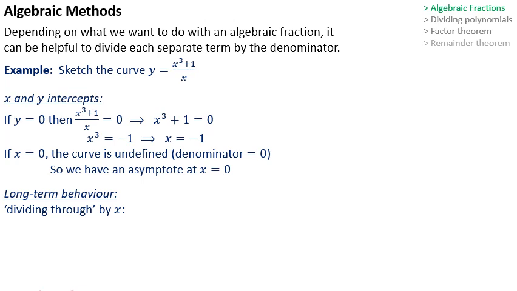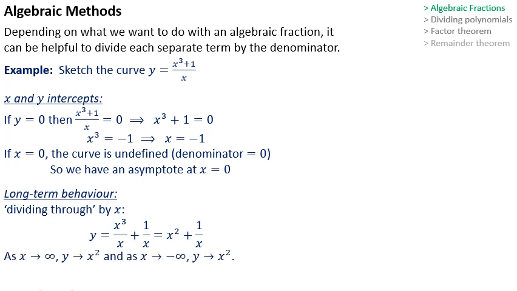x cubed does divide by x. So we can turn this into x cubed over x plus 1 over x. And the x cubed over x does simplify down nicely to x squared. And the remaining part, 1 over x, is a bit more manageable as well. We can think about what happens when x gets very large or when x gets very small. We already know that crazy things happen if x is 0, but what happens when x is 100 or a